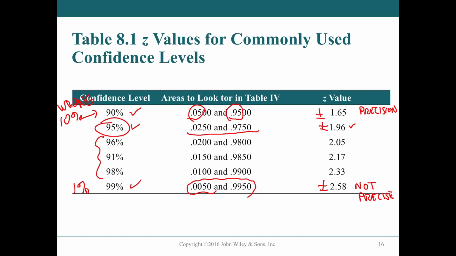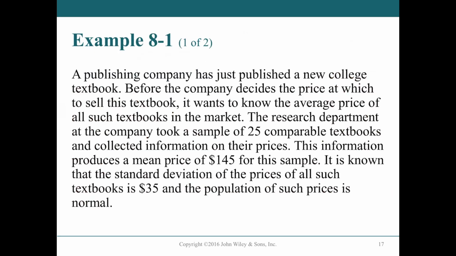And this seems to be the golden standard here, but we have others that have only 0.5% in each tail. Notice that's 0.5%, and this is 1 minus 0.5% on the right side, so that really extends it quite a bit. And your book uses 2 decimals. Now, I do have another set of slides that uses 3 in some cases, and you may use 3 if you wish. Certainly if you're using a calculator, you can use 3. But for the rest of you, I prefer you use 2. It just saves me time in grading.